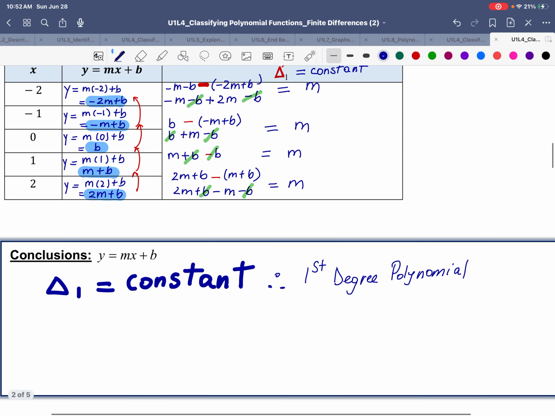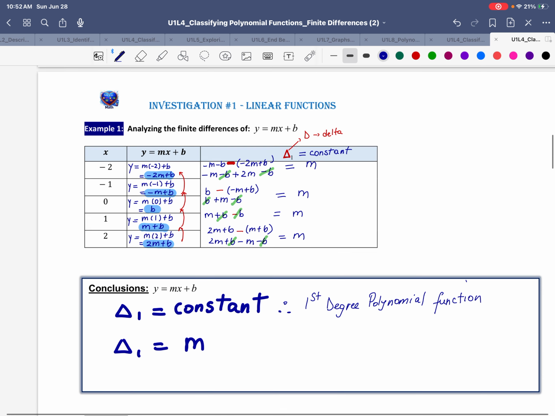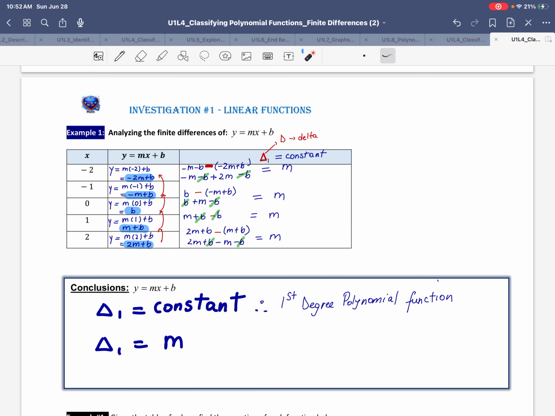And not only this, but we've also discovered that delta 1 is equal to the value of m. And we're going to use this fact to determine the equation of an unknown function from a table of values by using the first differences. So whatever first differences we get in the table of values, if that is constant, that makes for the value of m, or the slope, or the leading coefficient. So delta 1 is equal to the leading coefficient